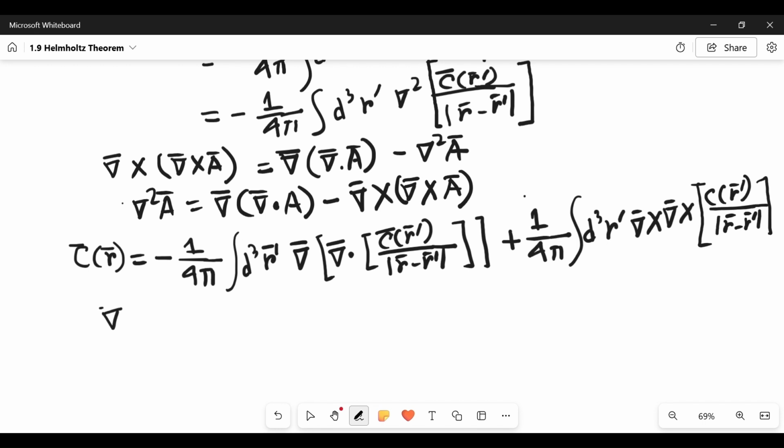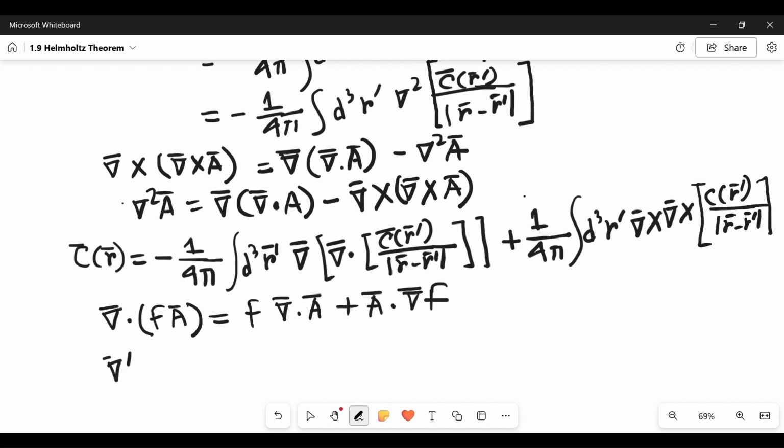Let's apply another vector identity for divergence of a product of a scalar function and a vector field, and it is, if we apply the vector identity for divergence of C at r prime divided by modulus of r minus r prime, where the nabla operator is in primed coordinate, it will be